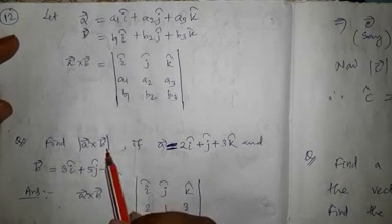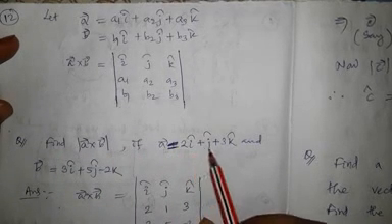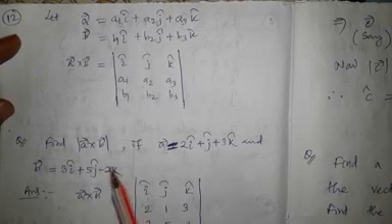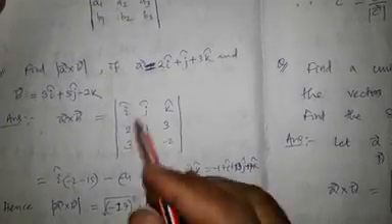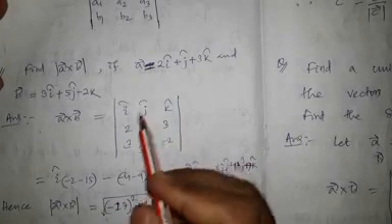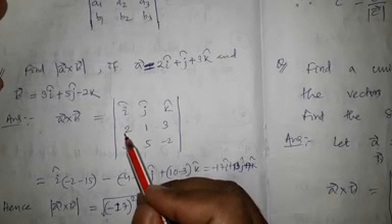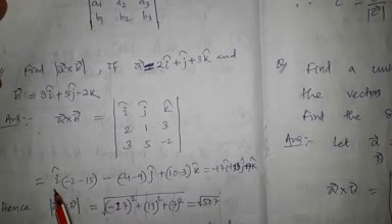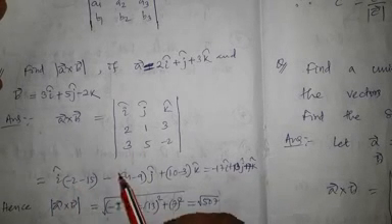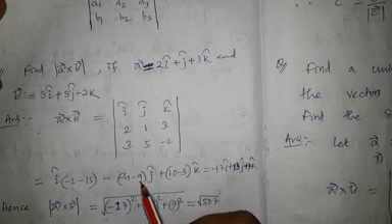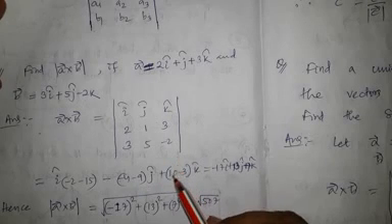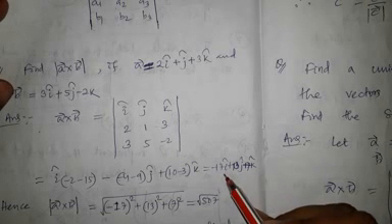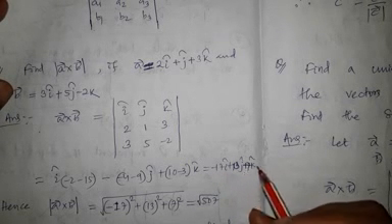Find the magnitude of A cross B if A vector is equal to 2 i cap plus j cap plus 3 k cap, B vector is equal to 3 i cap plus 5 j cap minus 2 k cap. Then you have to find out A cross B. How? i, j, k unit vectors, that is 2, 1, 3, that is 3, 5, minus 2. Then its determinant, that means i into minus 2 minus 15. Then minus j into minus 4 minus 9, plus k into 10 minus 3, is equal to minus 17 i plus 13 j plus 7 k.